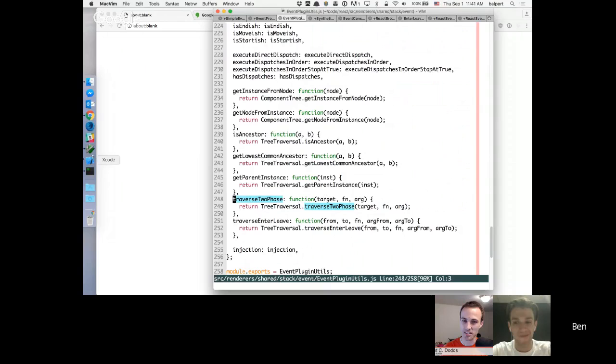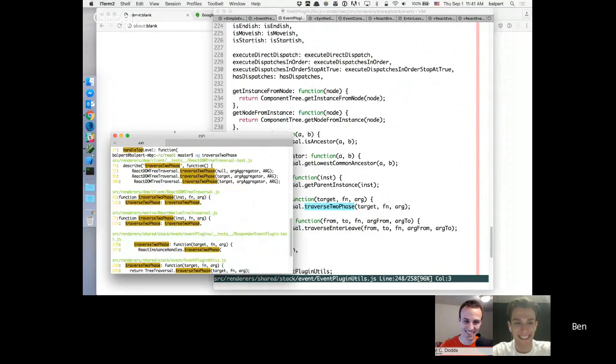I'm sure there's a good reason for these layers of abstraction, and if there isn't, then I'm sure that the people watching could submit a pull request, and it would be greatly appreciated. Yeah, yeah. So the main